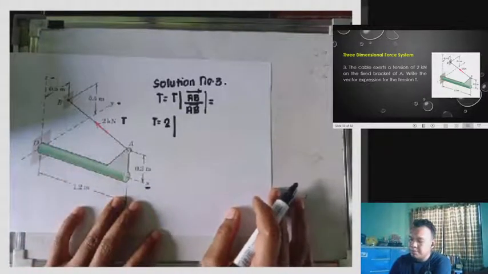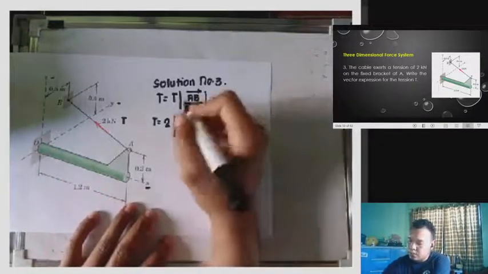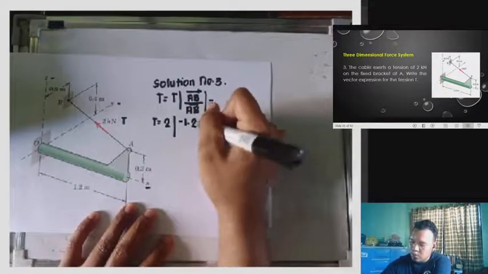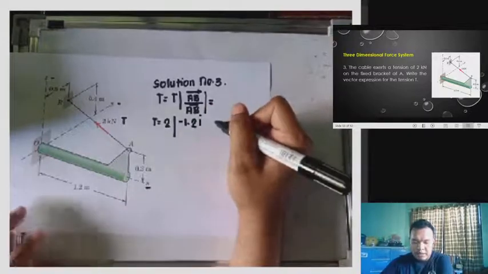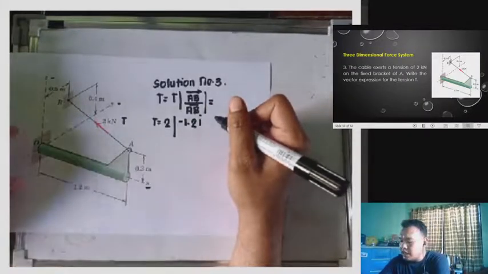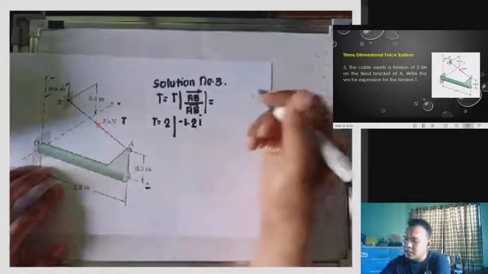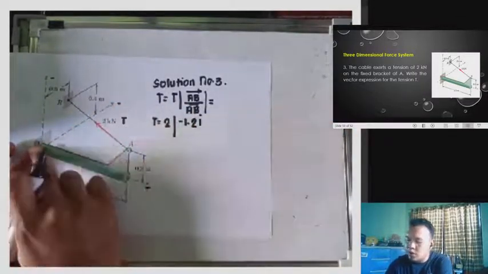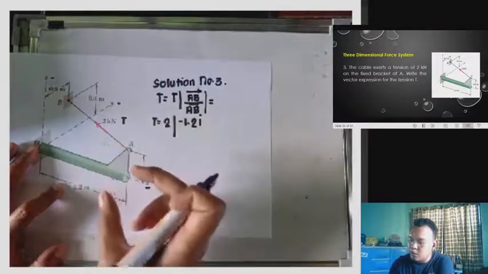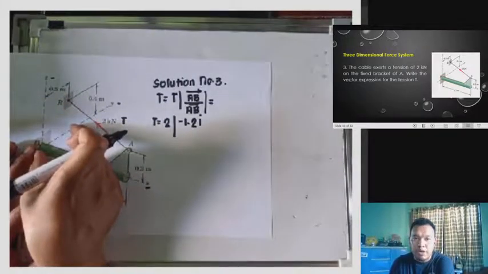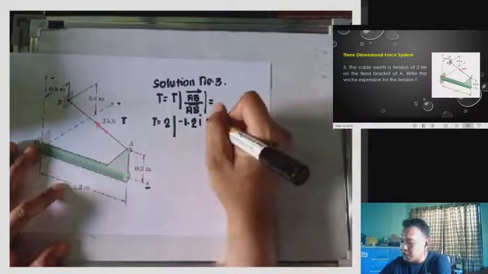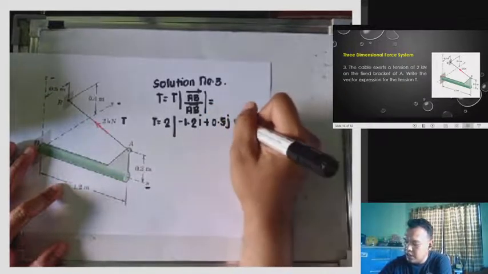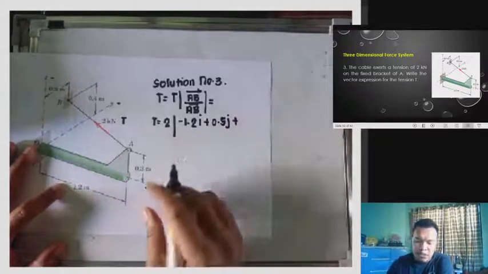So we have here negative 1.2 I. Then we have here the distance of y-axis pala. So we have here from this point sa O to point B, we have here 0.5. So positive 0.5 J plus distance from